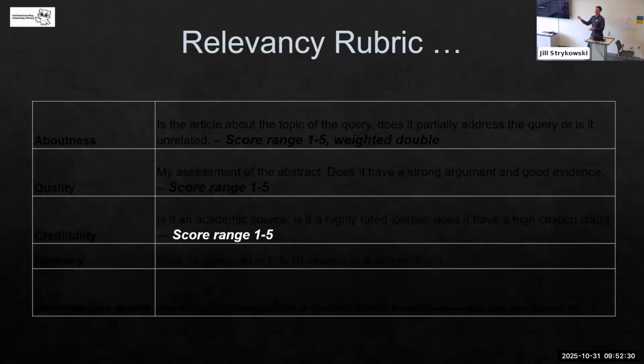But then one sentence in the abstract says that the stress of employees was one of the justifications that organizations used to engage in mergers, because they said if we merge, we'll have more resources to devote to employee assistance programs, and our employees need more employee assistance programs because they're undergoing more stress. So the aboutness is kind of tangential to the question, but it's a high quality paper, right? So,